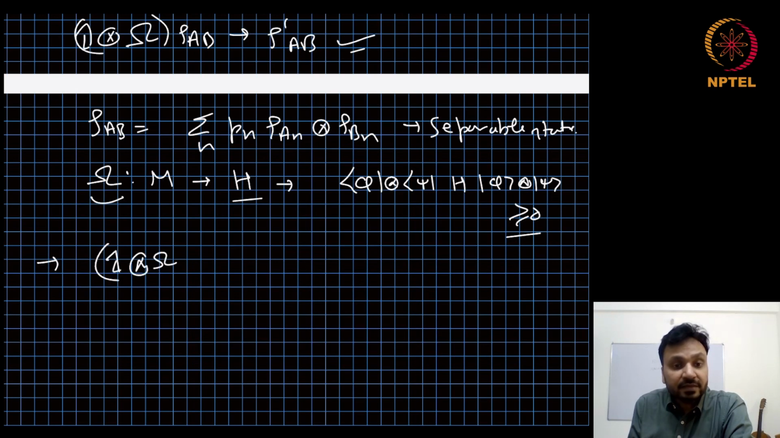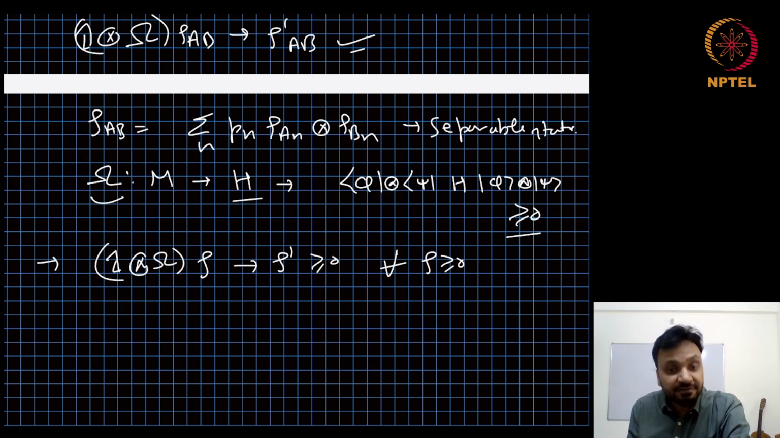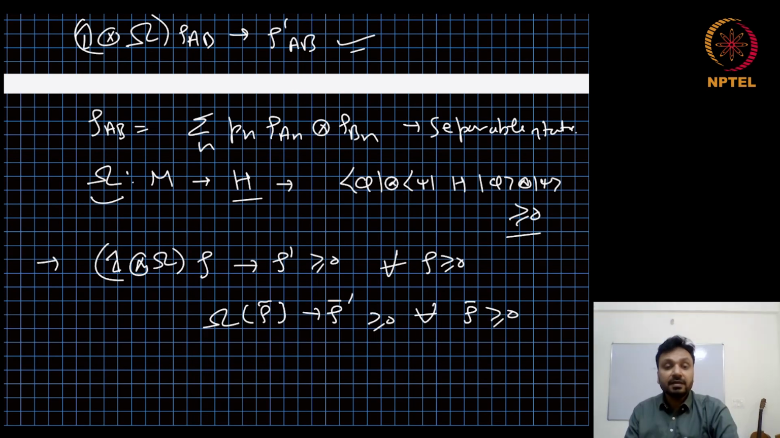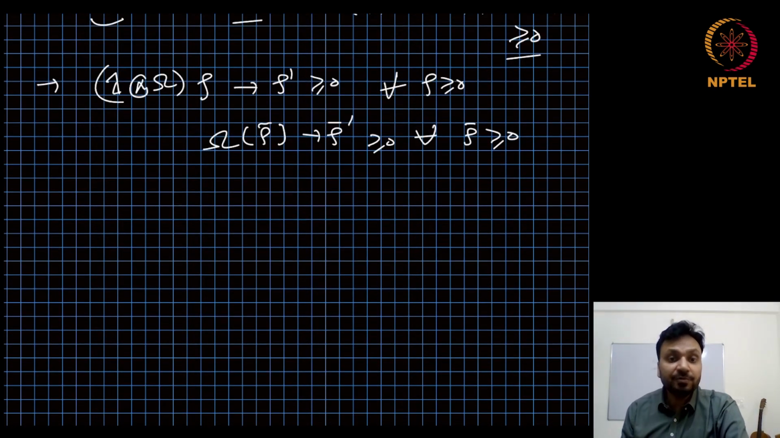Is it always that rho prime, I tensor omega acting on rho goes to rho prime, is always positive for all rho positive? If omega takes rho to rho prime, positive for all rho positive, it means: is it always true that if omega is a positive map, then it acting on a subsystem of a composite system will also be a positive map? Now, a general proof might be very difficult, but one counterexample should be enough to prove that this is not the case. So the example we have,